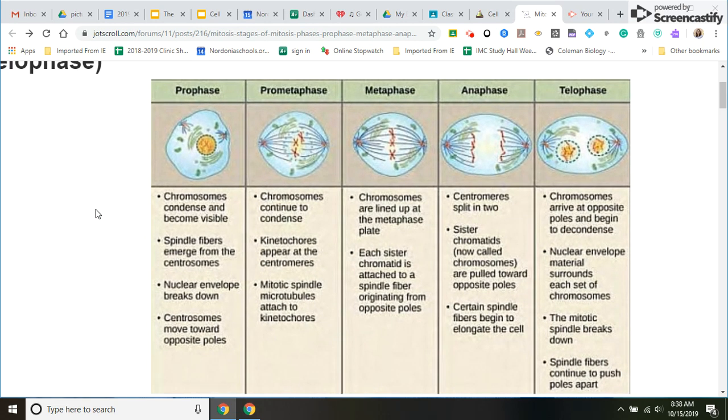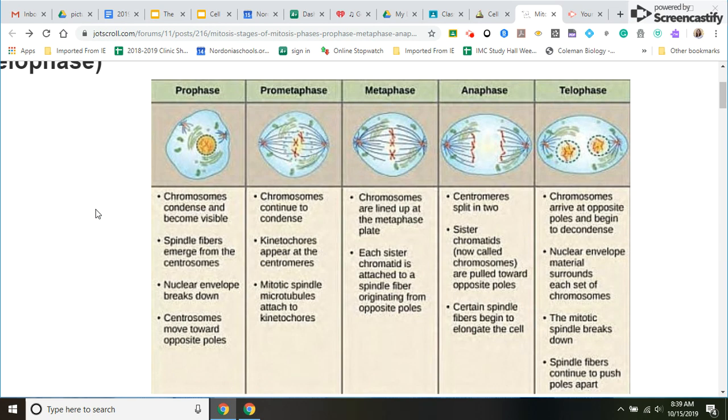We can actually see each individual set of chromosomes or sister chromatids. We also see spindle fibers start to come from the centromere, and they're going to help move things around the cell. And the last part of this prophase is that nuclear envelope, or the nucleus itself, starts to break down. So that DNA is going to spread out a little bit and not be as packed as tightly as it was when the cell was growing and